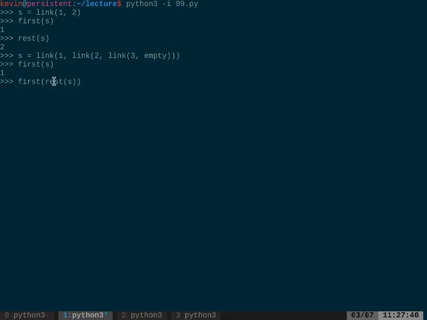And so then I want to get the first of that rest, which will give me the number 2. And likewise, I can get the number 3 using more nesting. I think I'm missing a parenthesis. There we go. I can get the rest, which is this link of 3 and empty, and the first of that link of 3 and empty. And so that's how I work with linked lists.